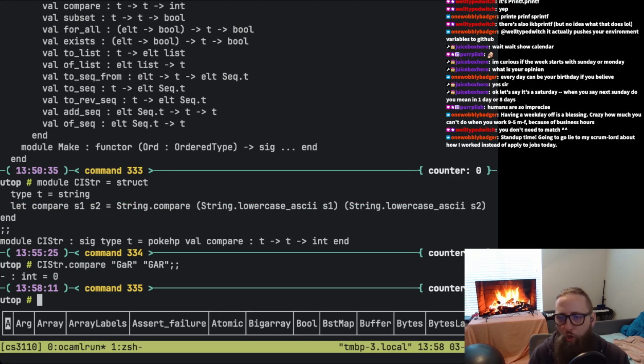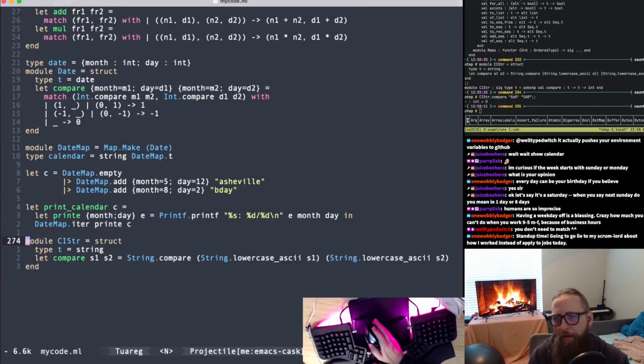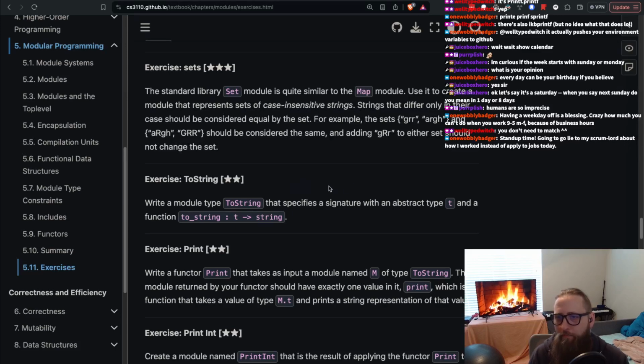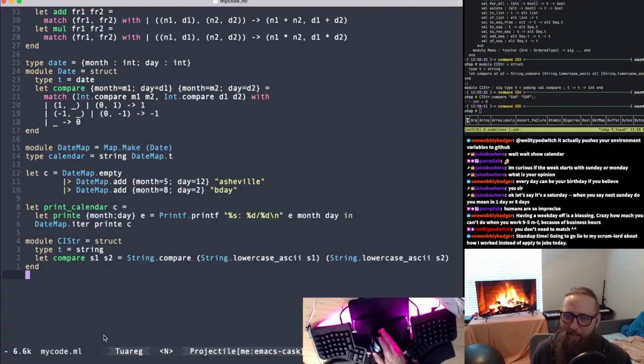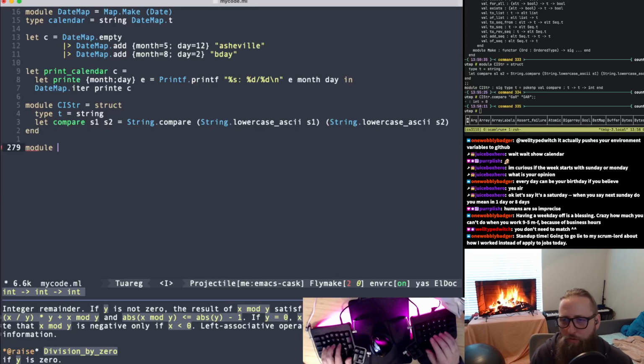Boom. I know programming, kind of, for the most part. I've only been doing it for a long time. Okay, now we want to do what now? Use it to create a module that represents sets of case-insensitive strings. Okay, so then we would say module